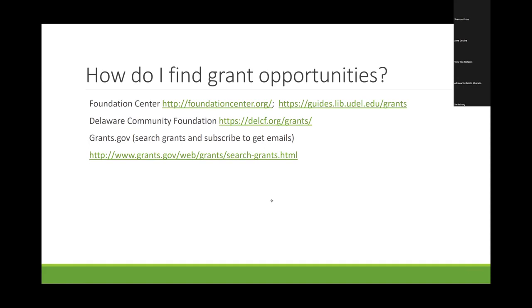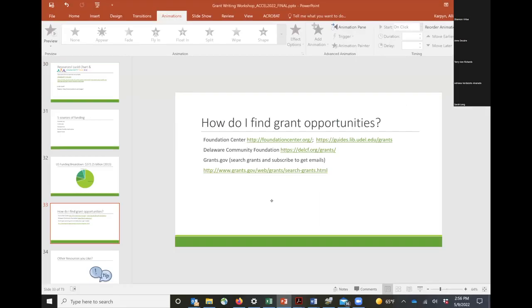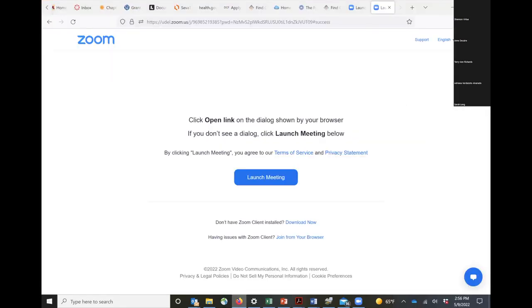The other thing I know about the Foundation Center is that the Free Library of Philadelphia, for example, and other large institutional libraries have subscriptions. And so sometimes you can get in as part of the general public. And I'll just do a quick search, if it will come up for me here.